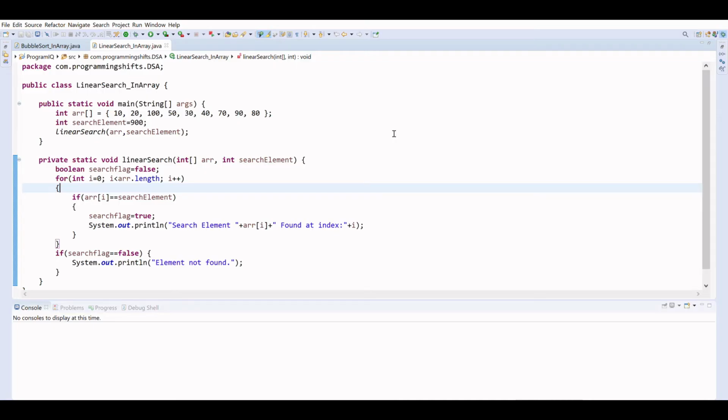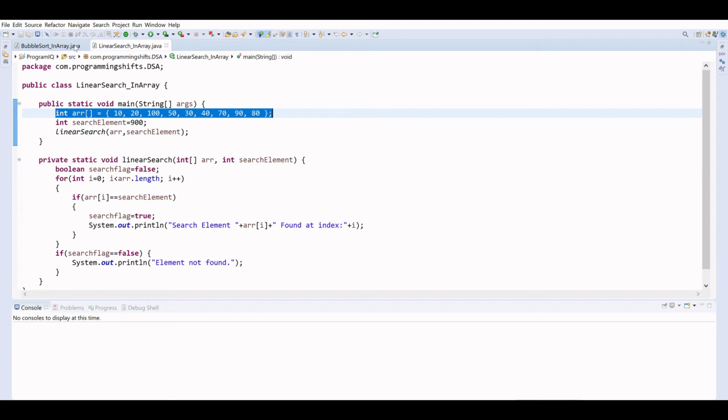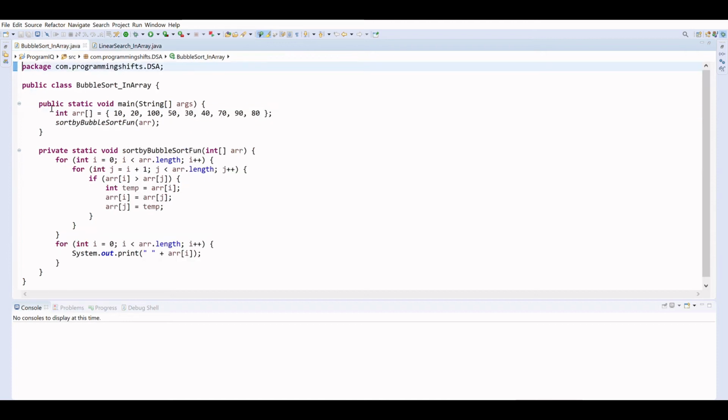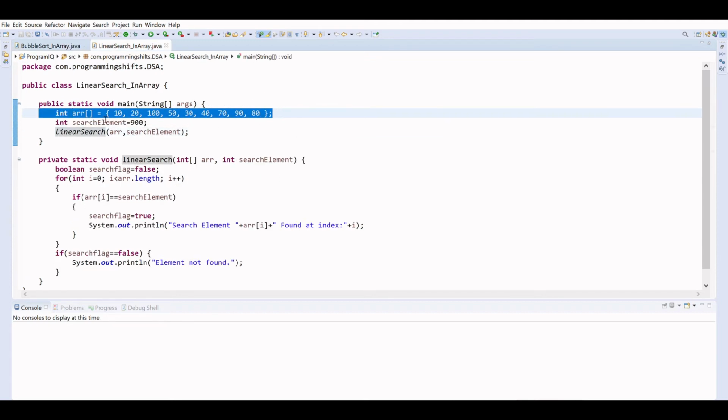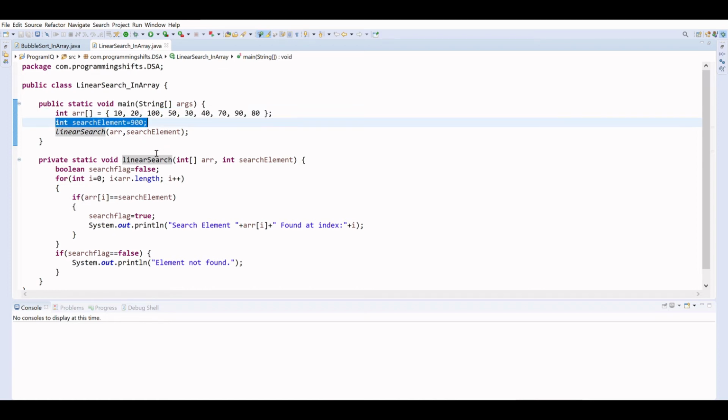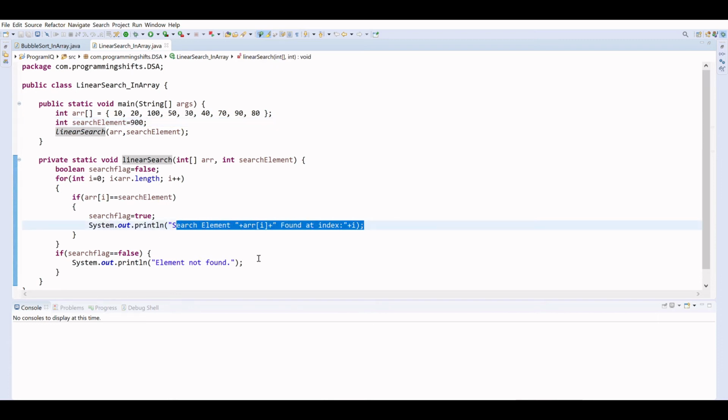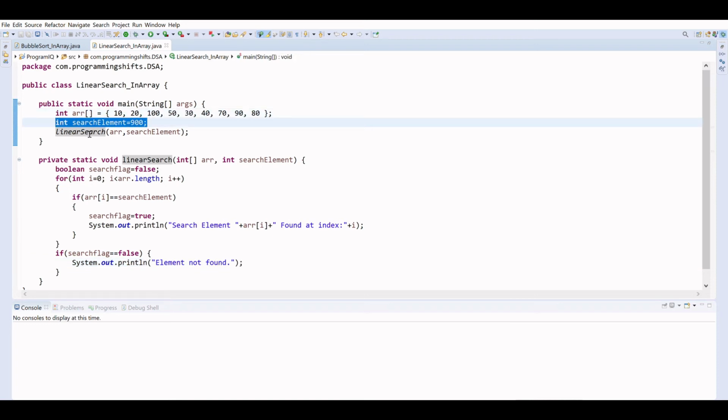Okay, here is the linear search algorithm as a program. You can see I have created the same array that we took in the last lecture on bubble sort. In this array I am going to search for the element 900. If the data is here, it should print that the element is found at the index. If the search element is not found, it should say element not found in the array. You can see the search element is 900 and we do not have it in this array.